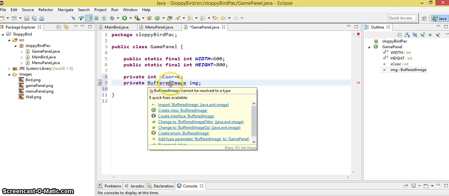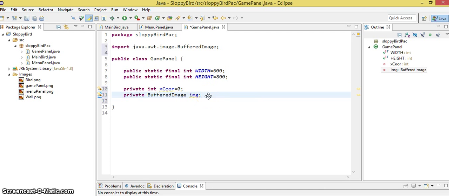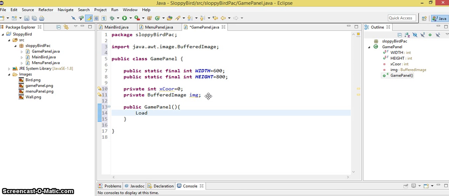Make sure I spelled it right. It's right, I spelled it right. There we go. And we need to create a constructor for this class, GamePanel. There we go. And we need to load the image,